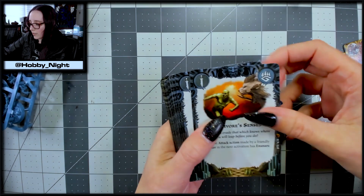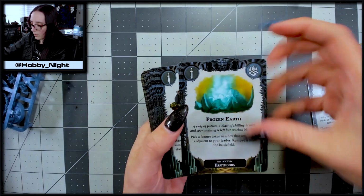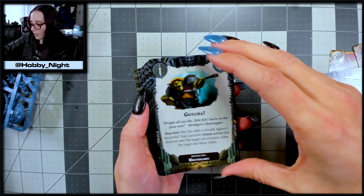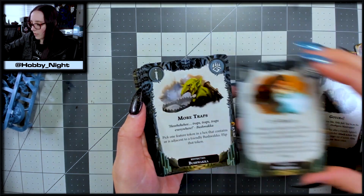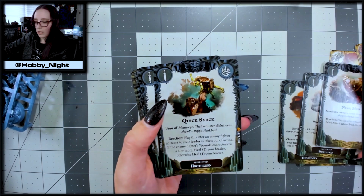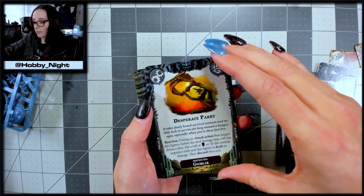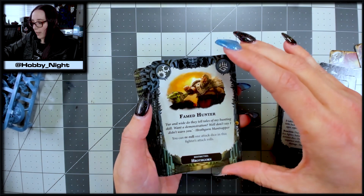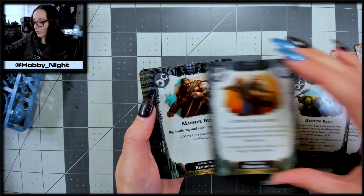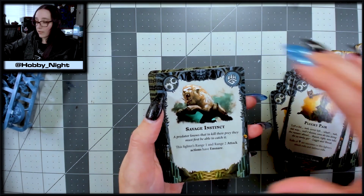We've got Carnivorous Senses, Driven Onwards, Frozen Earth, Nobbler's Scramble, Gotcha! Icy Breath, More Traps, Near Miss, Quick Snack, Ravenous Fury, Desperate Prey, or Parry, Famed Hunter, Hunting Beast, Living Avalanche, Massive Bulk, Plucky Pear, Savage Instincts,